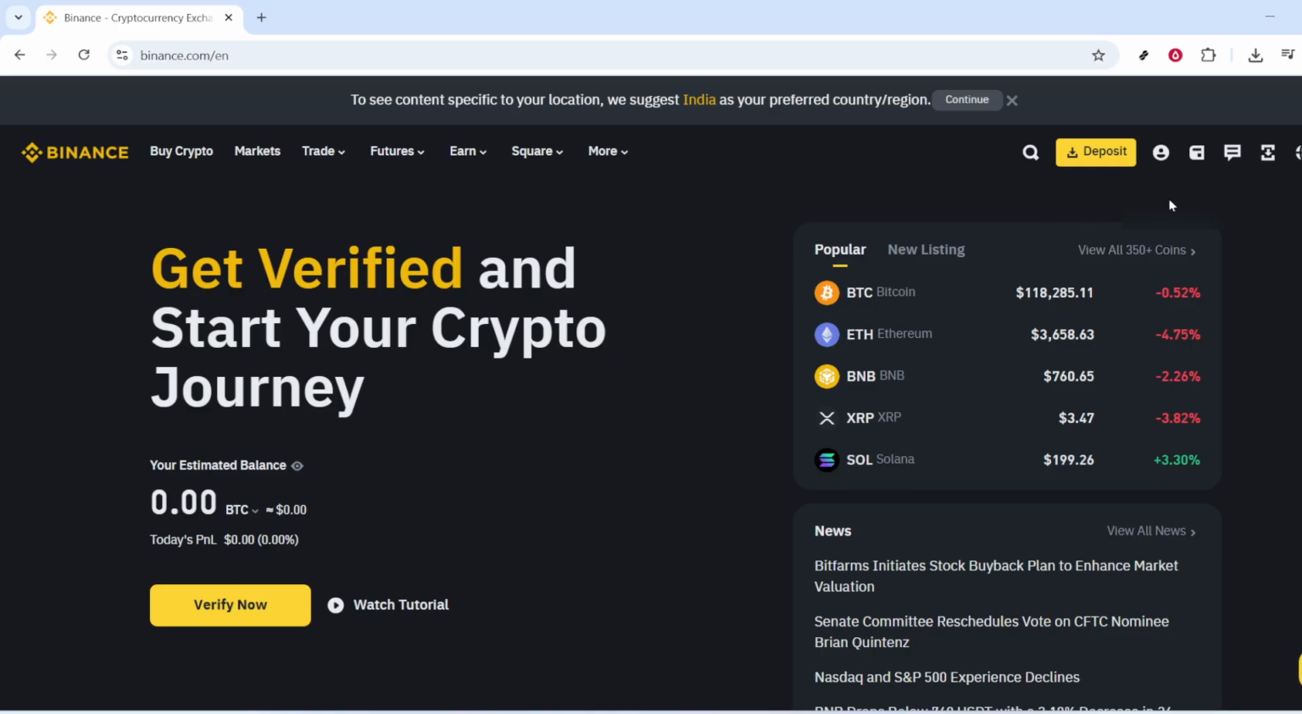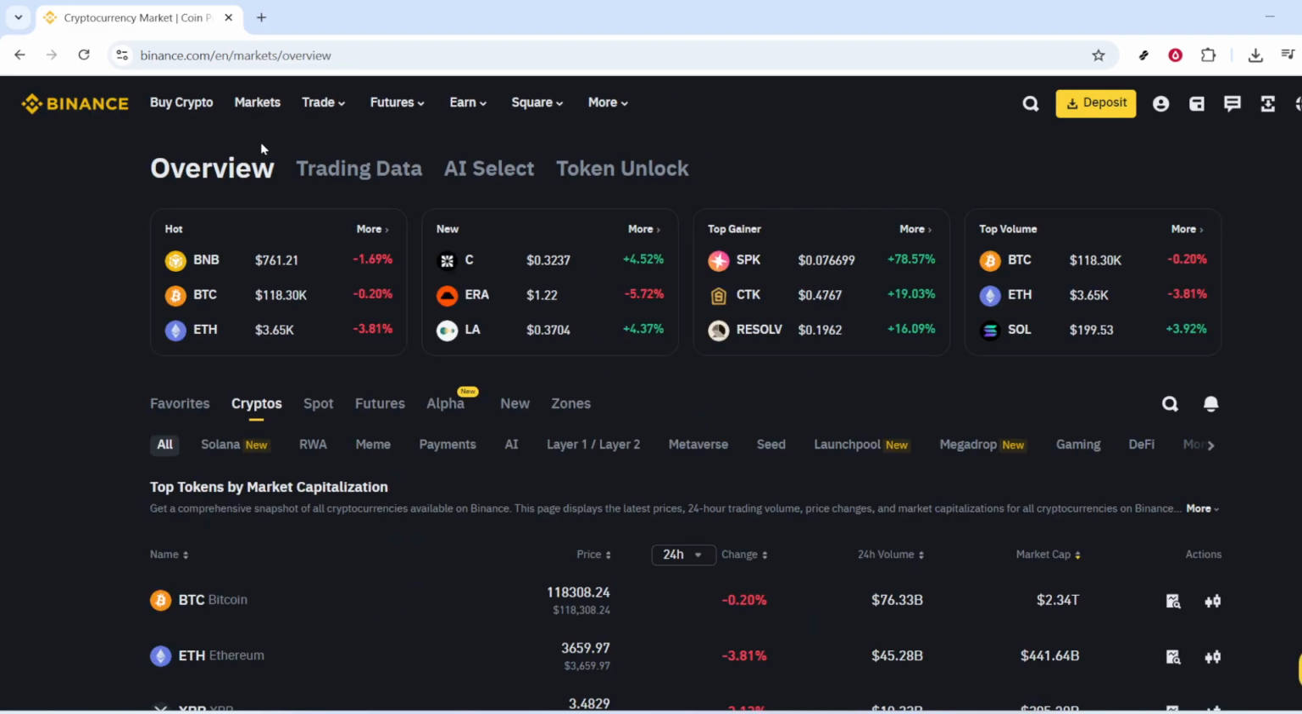Once you're on the homepage, look for the Markets tab. It's prominently displayed and easy to spot. Clicking on Markets is your gateway to exploring different trading pairs and trends. This section of Binance provides a comprehensive overview of all available trading pairs on the platform, including various currencies and